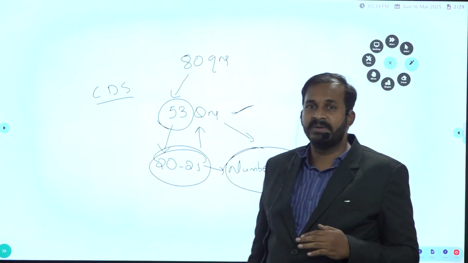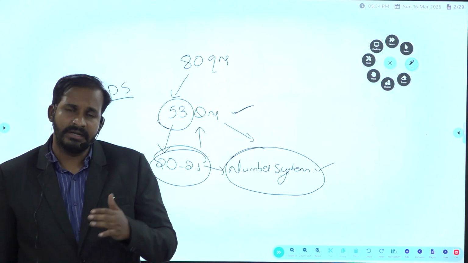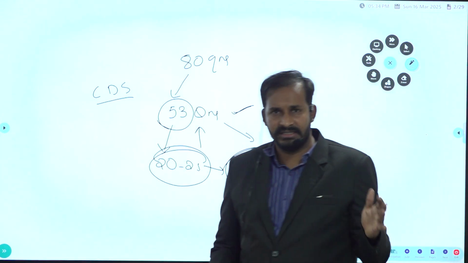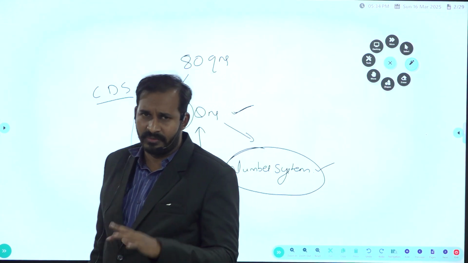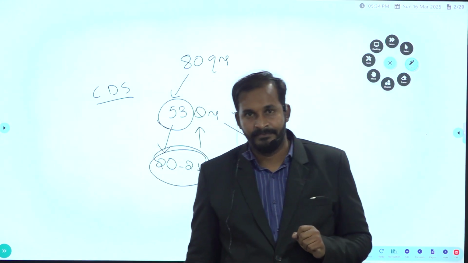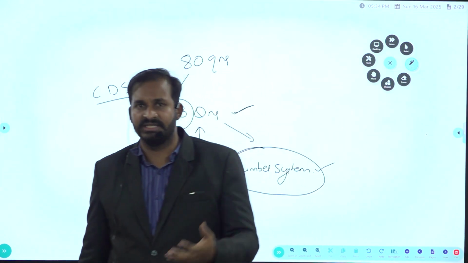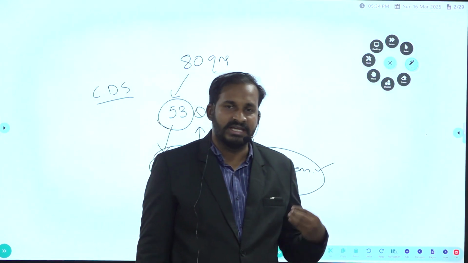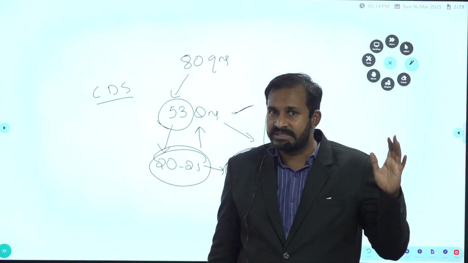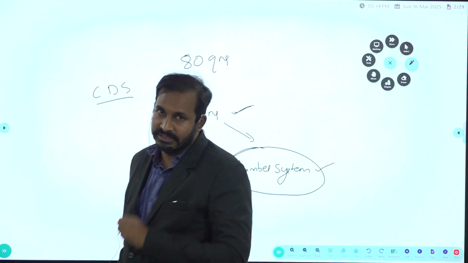When it comes to the CDS paper, it contains some pure maths topics like geometry, trigonometry and all those things. But our CSAT paper doesn't contain pure maths concepts like trigonometry and geometry. But we have a common topic here and there, that is number system. So if you go through the CDS papers of the last 5 to 10 years, you will get an idea that they are asking similar questions, not the same questions, in both CDS as well as CSAT in the topic called number system.